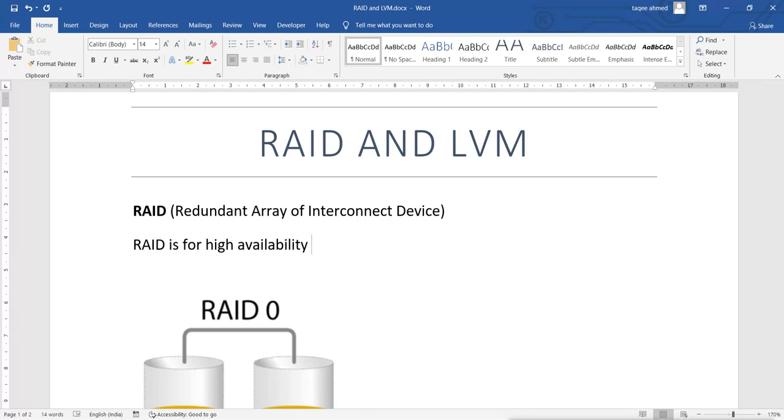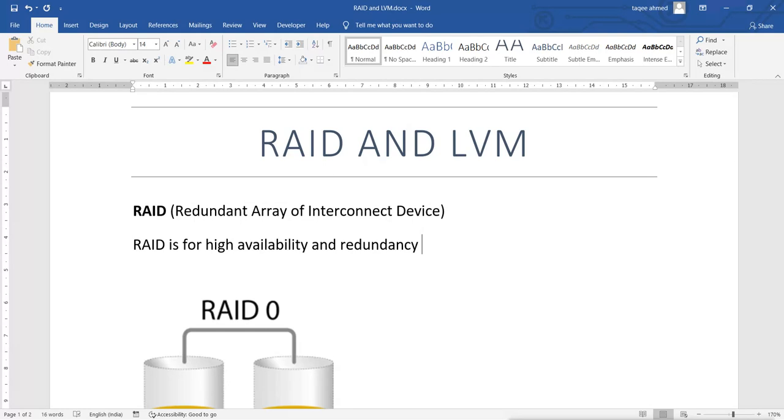That means whatever happens, you must get the data. High availability, and also we can say redundancy. Now, why do we say redundancy? Because it is based on the redundancy feature.